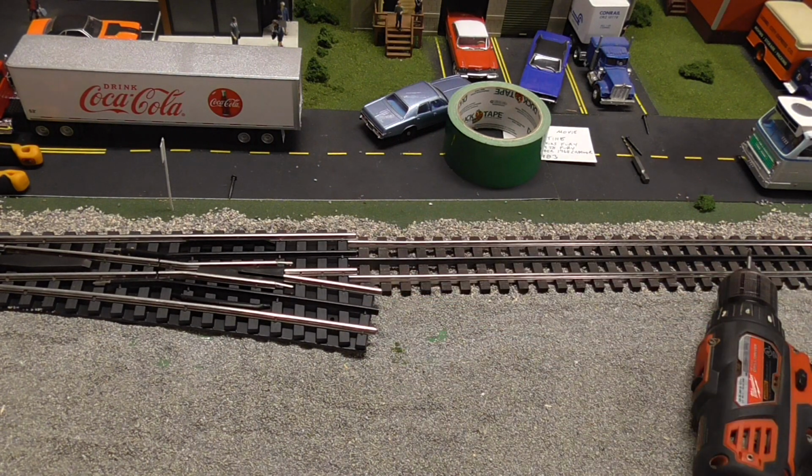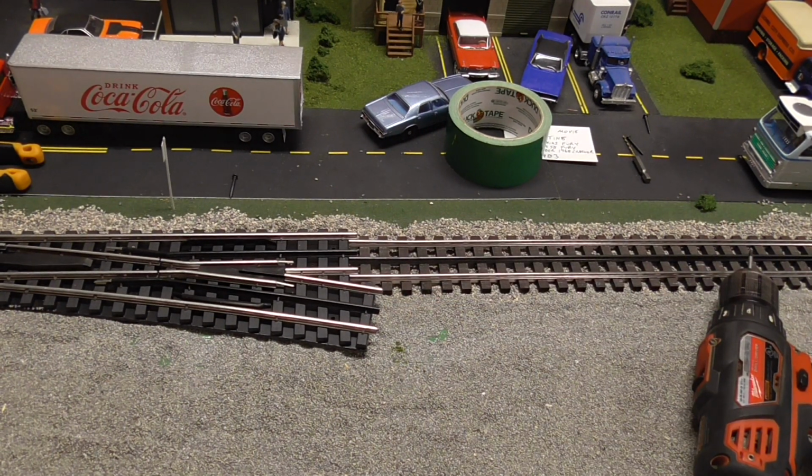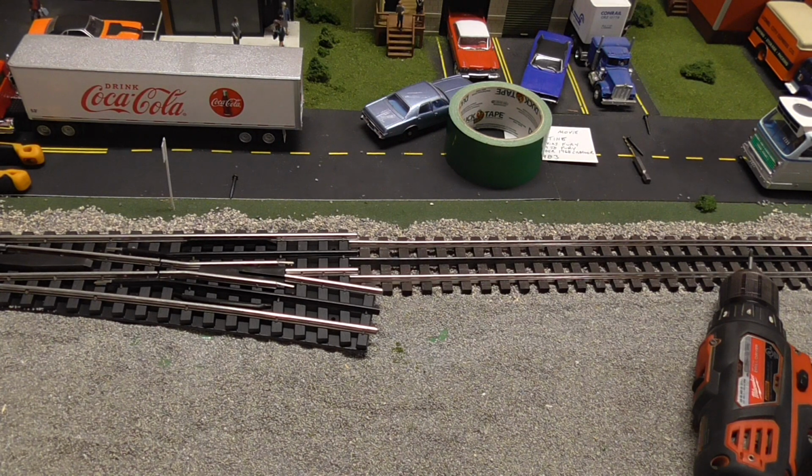So I can see exactly where it needs to be cut at. Now, I know a lot of you have probably already noticed that my ballast here was not glued down. It was sort of floating because I knew I was going to add siding here eventually, so that was the one place where it was not glued down. So I know people are going, hey, your ballast isn't glued down. Yeah, I know that. But at any rate,